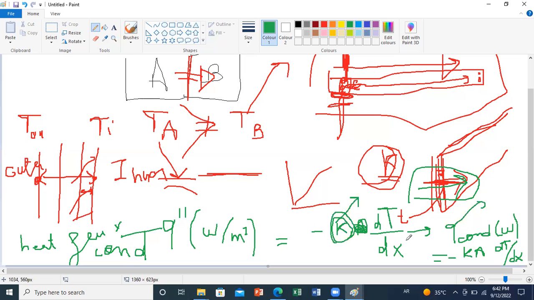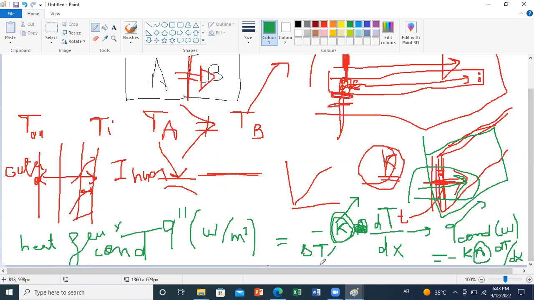Plus, of course, the higher the exposed area, so if you increase the area of walls, the higher will be the heat exchange. And concerning the thickness, we can show that in 1D systems, the variation of temperature by conduction is linear. So we can replace minus dT by dx by the variation in temperature delta T